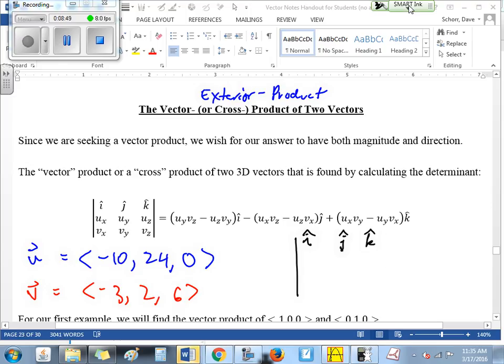ijk. Now, do you remember I and J? They were famous players in our story. They are main characters, you could say, in the plot. So the ijk that you see there, those stay there always. Like every problem you do, you just put those across the top row. It doesn't matter what vectors U and V are, you always set it up the same way. Then in the second row, you put, if you're going to find U cross V,